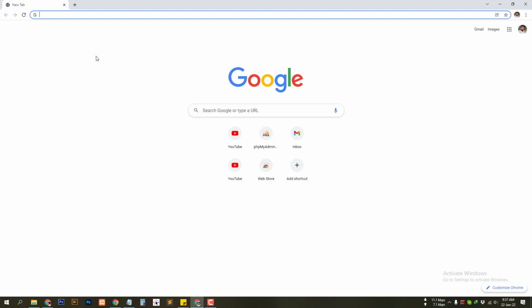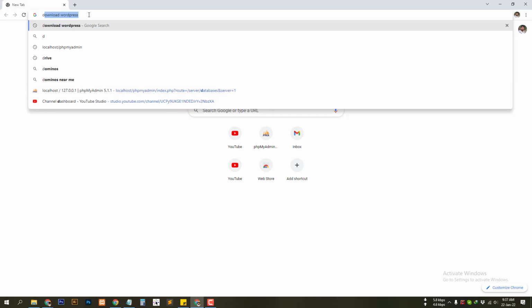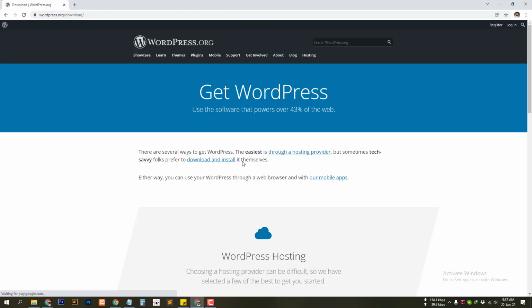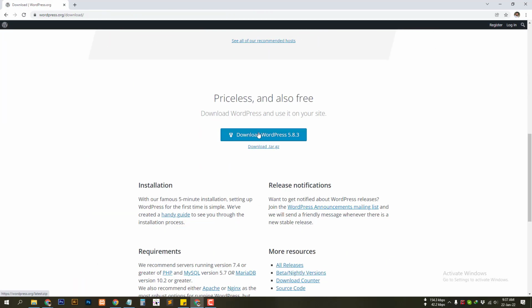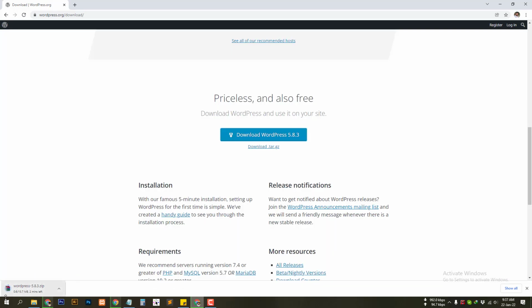Hello everyone, so today I'm going to show you how you can install WordPress on your local computer. So first we need to download, of course, WordPress. So download WordPress, hit enter. Let's download the latest version, and it's downloading, and in the meantime all you have to do is create a